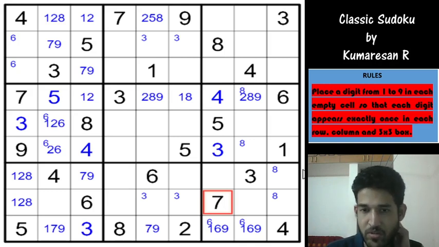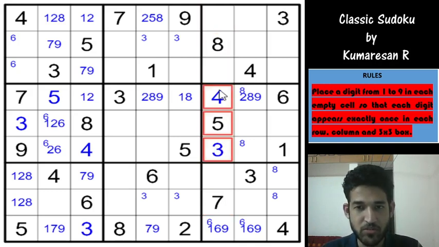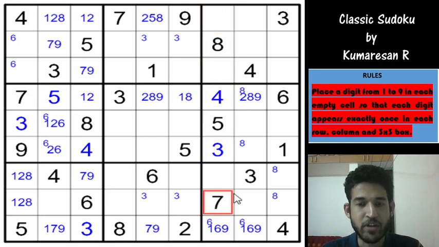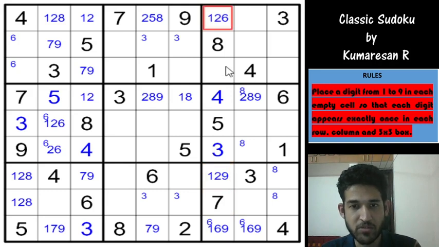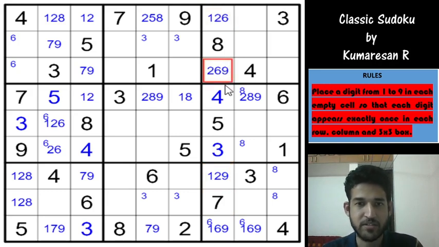So let us look at column 7 now. 3, 4, 5, 7 and 8. So remaining digits must be 1, 2, 6 and 9. So this is 1, 2, 9, this is 1, 2, 6 and this would be 2, 6 and 9, right? I'm proceeding using what I usually do when I solve classic Sudokus, write some pencil marks if I'm not